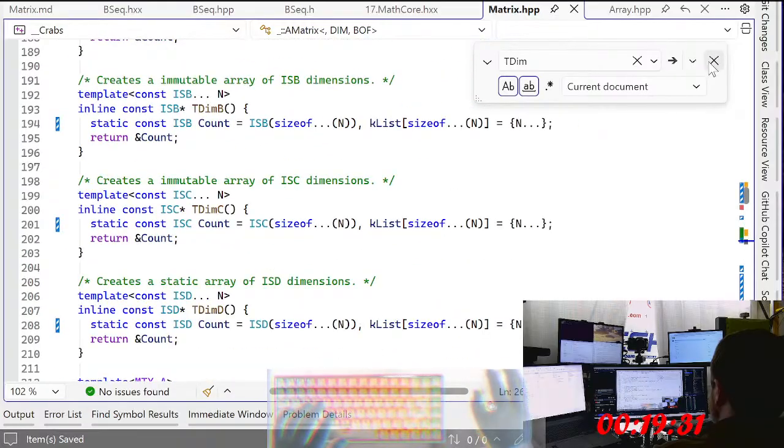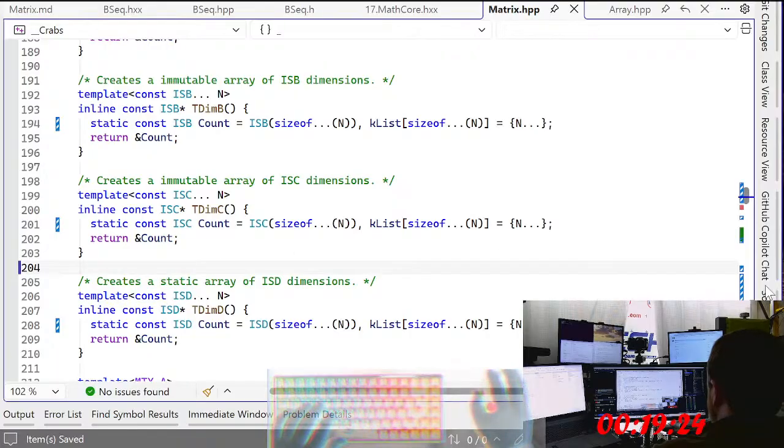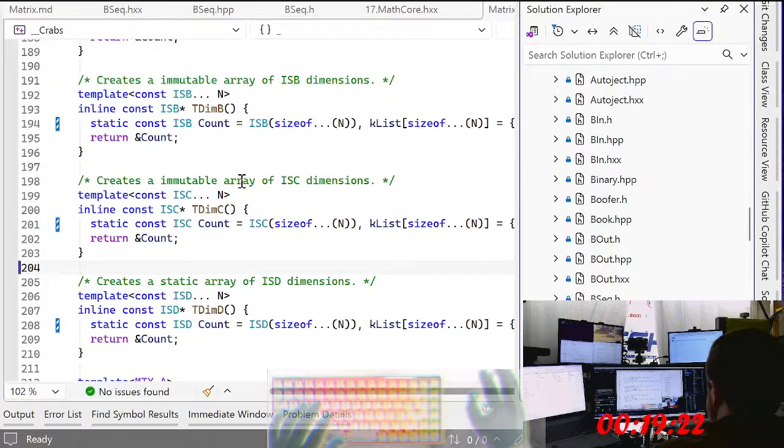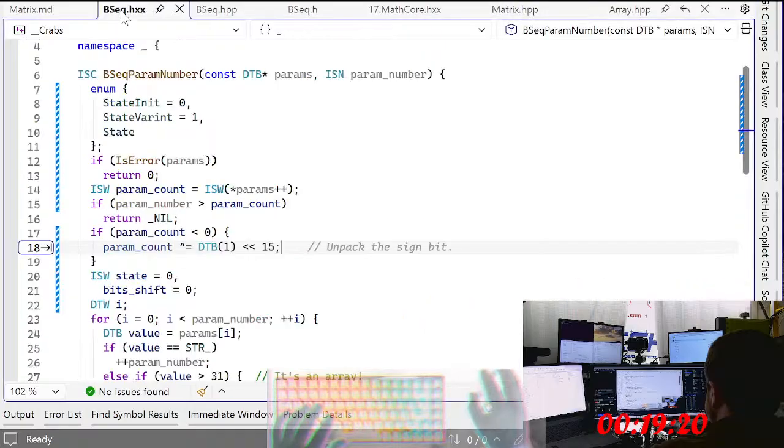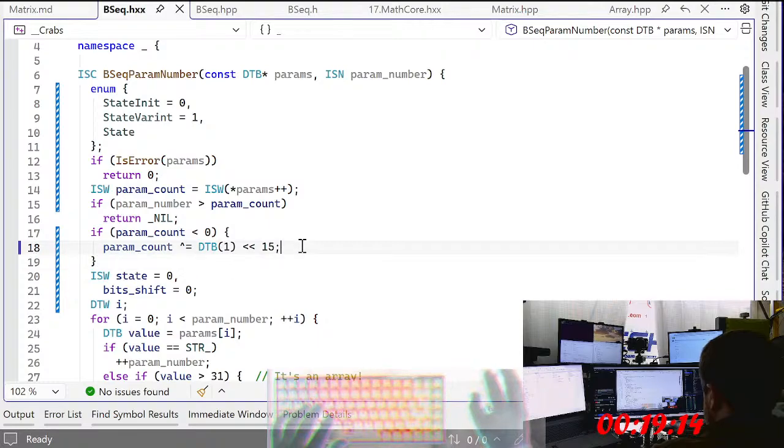So that's one possible solution. I mean, I could just switch over to this variant thing and